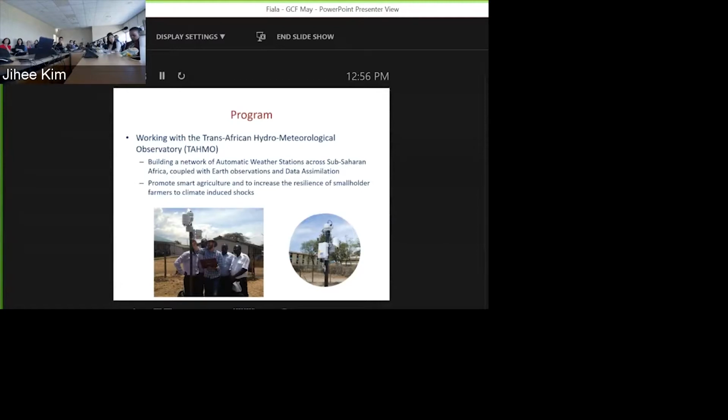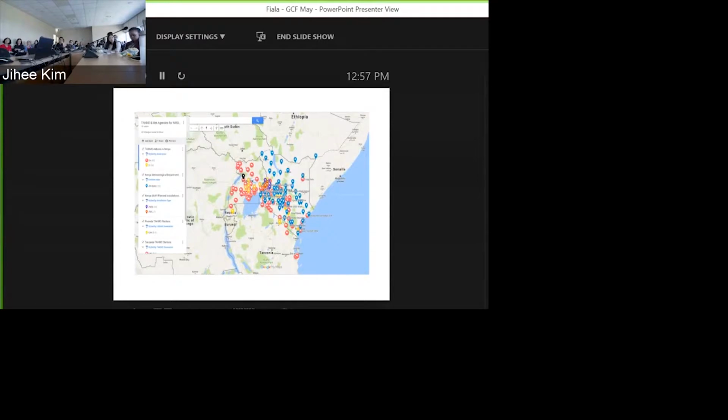What they do is take that information, combine it with satellite data, and try to produce really precise, very short-term forecasts for farmers. Basically, what this is trying to solve is, if you plant now, it looks like it's starting to rain, you plant now, right, and then all of a sudden you have drought for a couple weeks. You want to avoid that situation. It's also possible that flooding may be coming. This is the type of information they can get out of this and communicate to farmers. They have these weather stations all over Uganda and Kenya and a few in Tanzania right now.